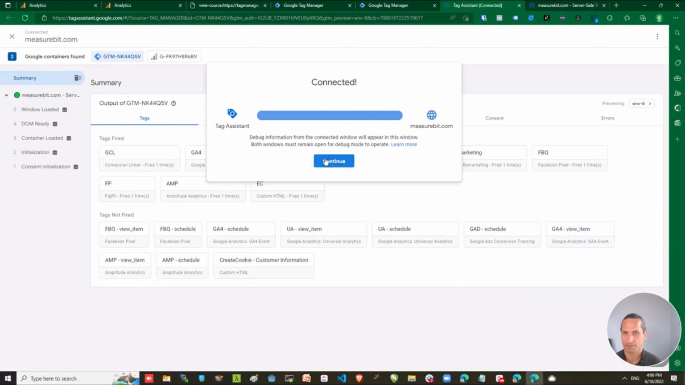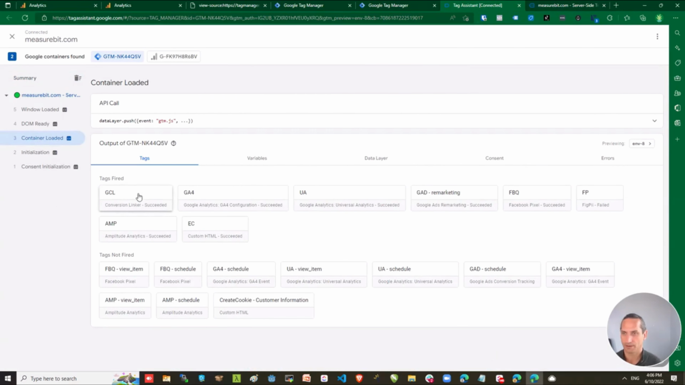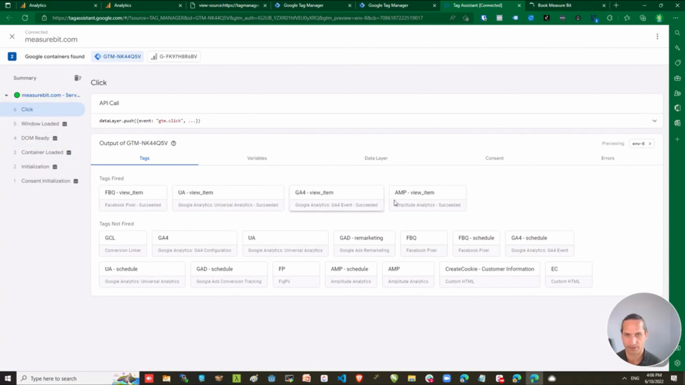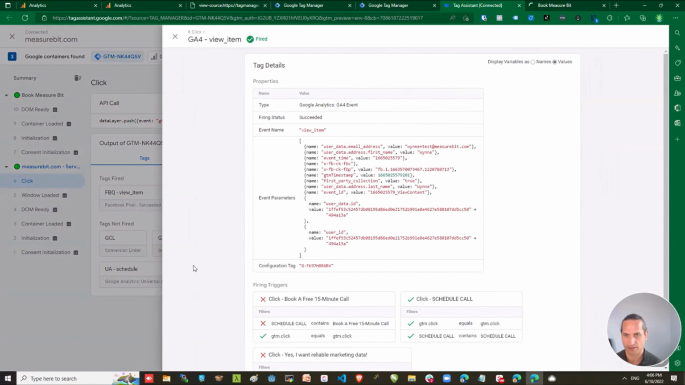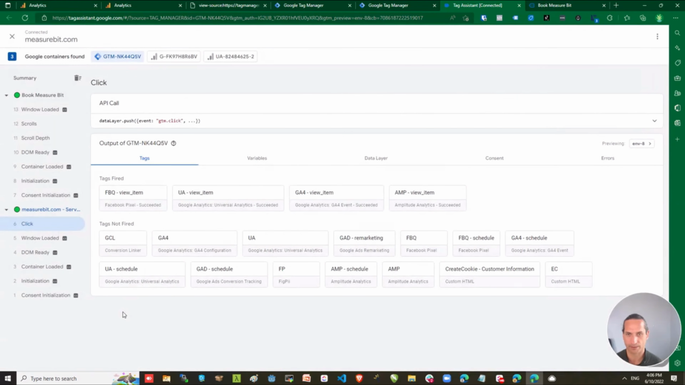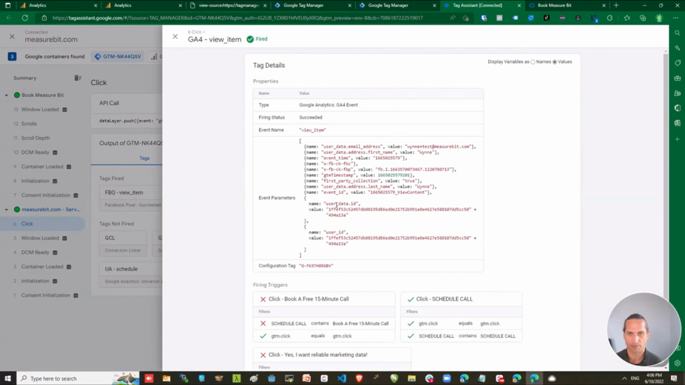Okay, so this is my GA4 configuration tag that I was talking about earlier, and when I click this, it fires off an event, a view item event. So that's an example of what that looks like. The data I'm collecting there, well, I can't see much there. There we go. Email address, name. So there's a bunch of parameters that are getting passed through there, but one of them